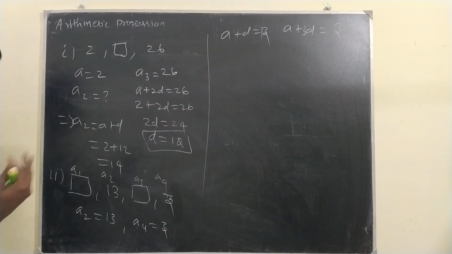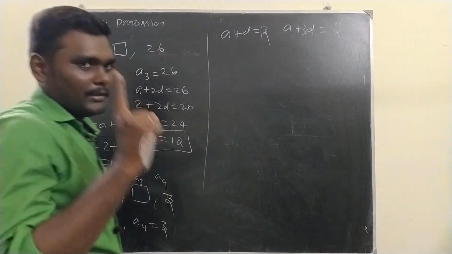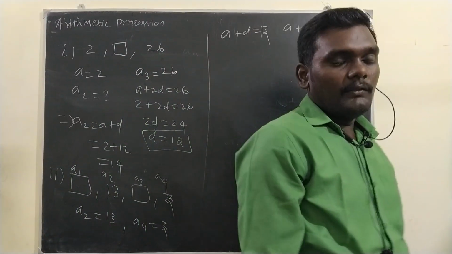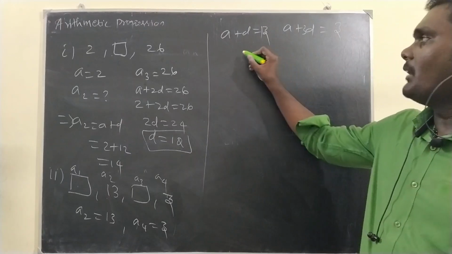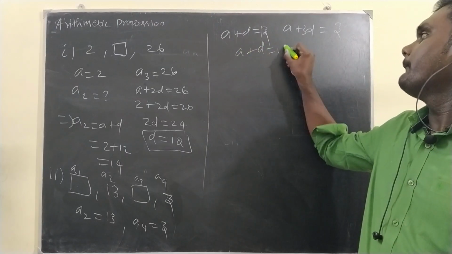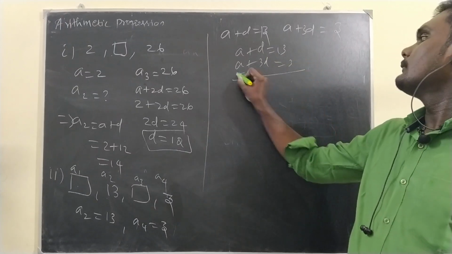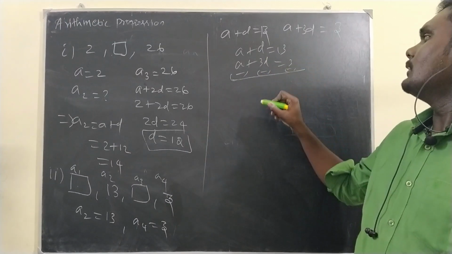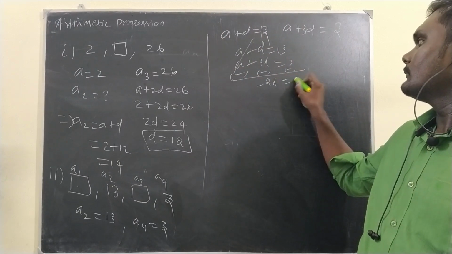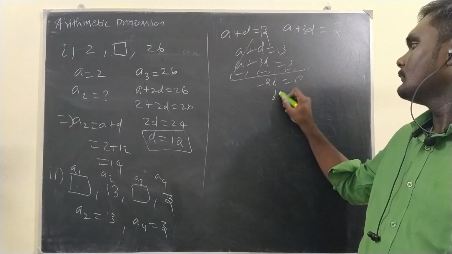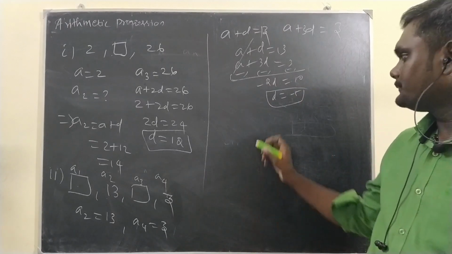Now we need to find A and D. After that, we can find A1 and A3. Elimination method. Okay, will you do it? Come on, do it and say the answer for A. Make it fast. Do it along with me. D is equal to minus 5. Okay, then A is equal to